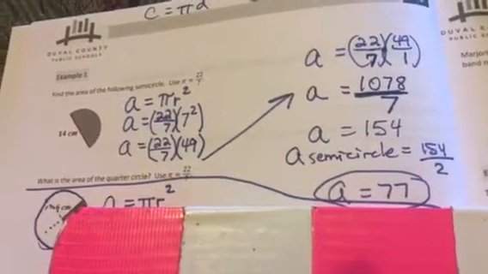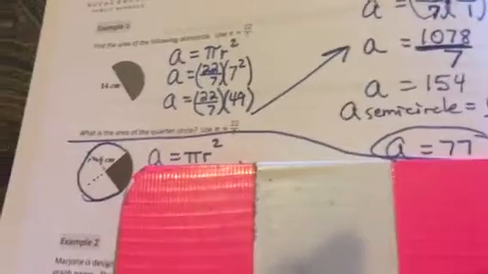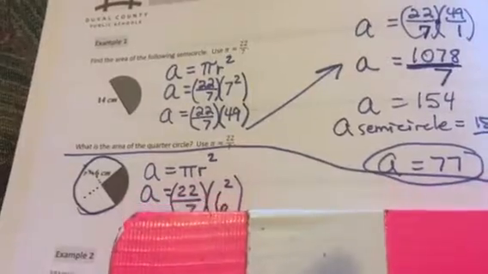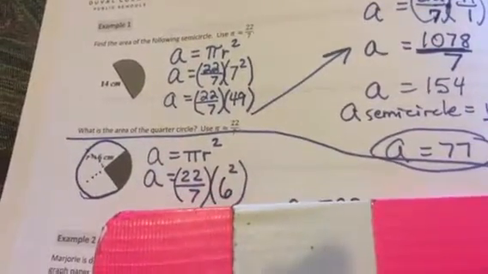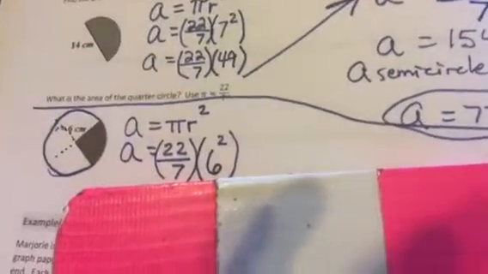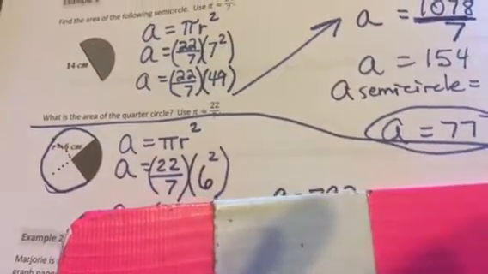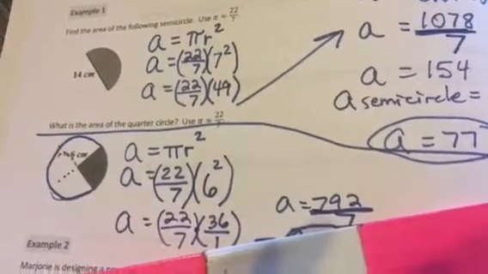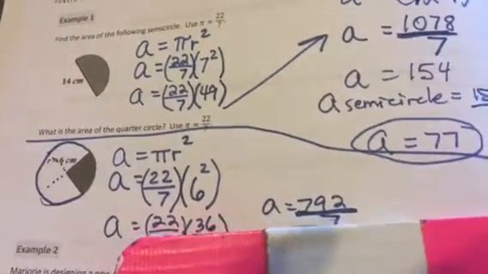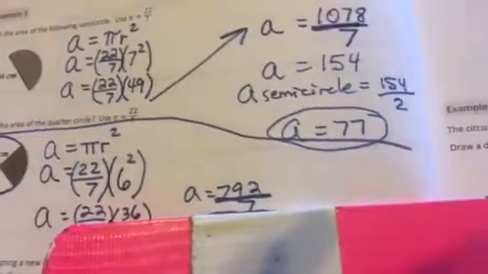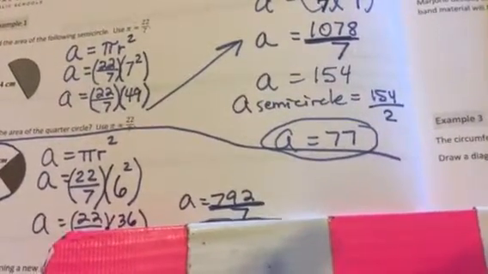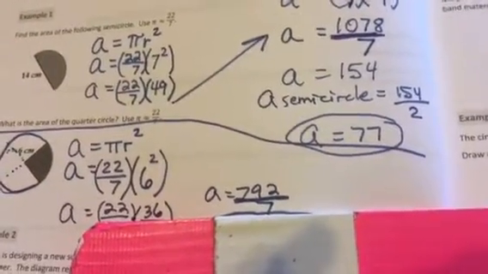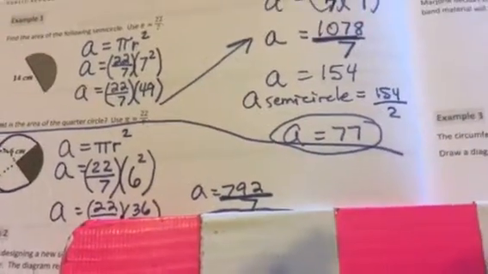On to the next problem. You're going to work it exactly the same. They want you to put 22/7 for pi, so put it. They told you R is a 6 in the drawing. You don't have to chop any diameter in half this time. They told you the R is a 6. I need you to make 36 into a fraction. 36/1. Now multiply across the top, multiply across the bottom. That's what you get. Do not leave your answer like that. You need to actually do 792 divided by 7. But when you get your final answer, leave it in the calculator because it's going to be a weird decimal answer